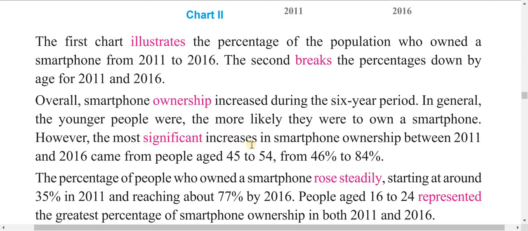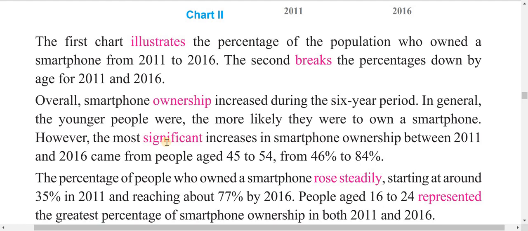However, the most significant increase in smartphone ownership between 2011 and 2016 came from people aged 45 to 54, from 46% to 84%. It's interesting के रहेछ भने significant important increase कहाँ रहेछ भने स्मार्टफोन किन्नेमा, मोबाइल फोन स्मार्टफोन हुने मान्छेहरू लिने मान्छेहरूको खास गरी सबैभन्दा महत्त्वपूर्ण वृद्धि दर कस्तोमा भएको छ भने 45 देखि 54 उमेर समूहका पिपलहरू